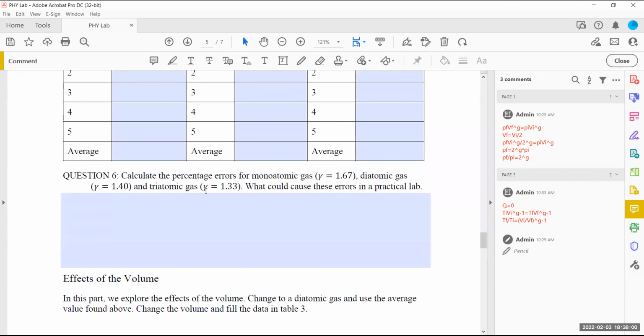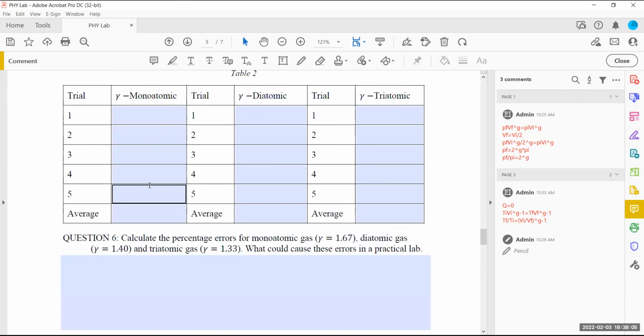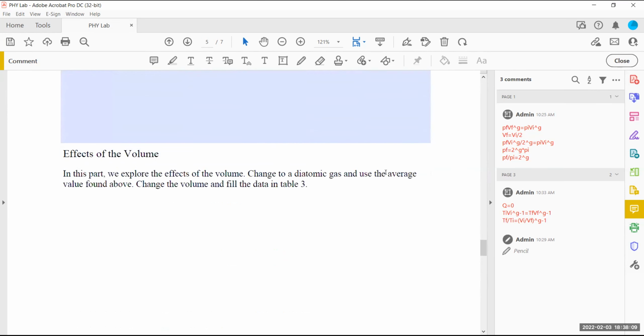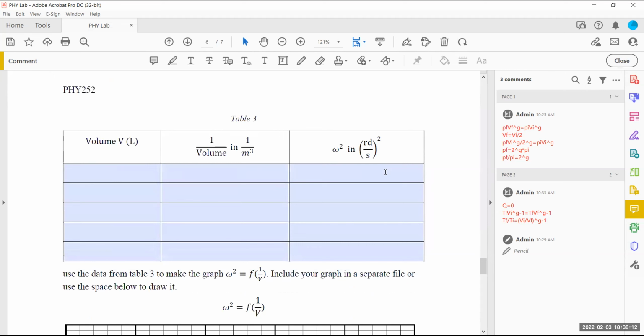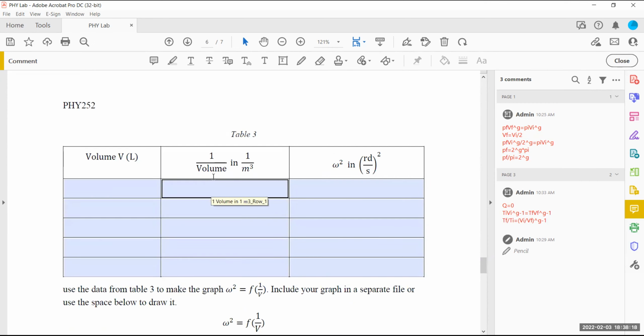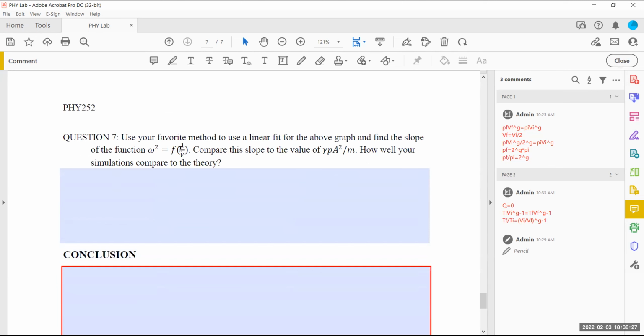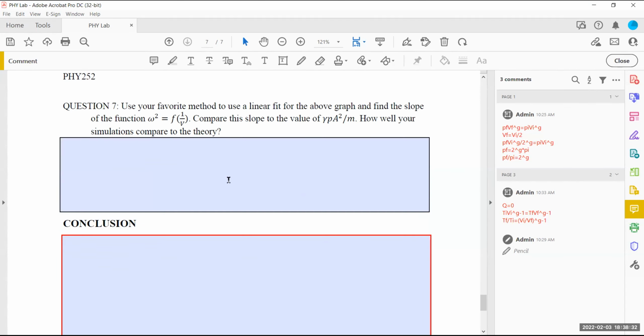So we're going to go through the simulation quickly, and this value will come from the simulation also, because you're going to average this value in here. You're going to average this value in here. You're going to average this value in here, and you're going to take the numbers from there and check the linear dependency over the volume, because you're going to change the volume and the omega squared will change on you, okay? And you're going to graph the data and answer this question. Does it meet the requirement, and is the slope equivalent to that?